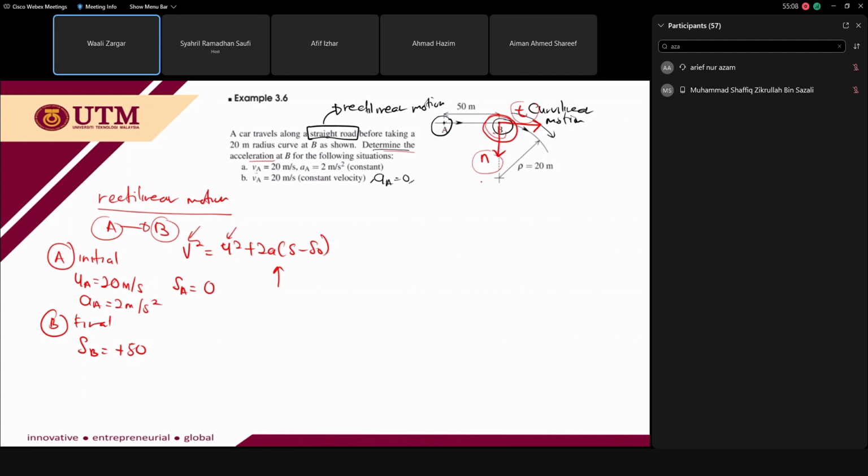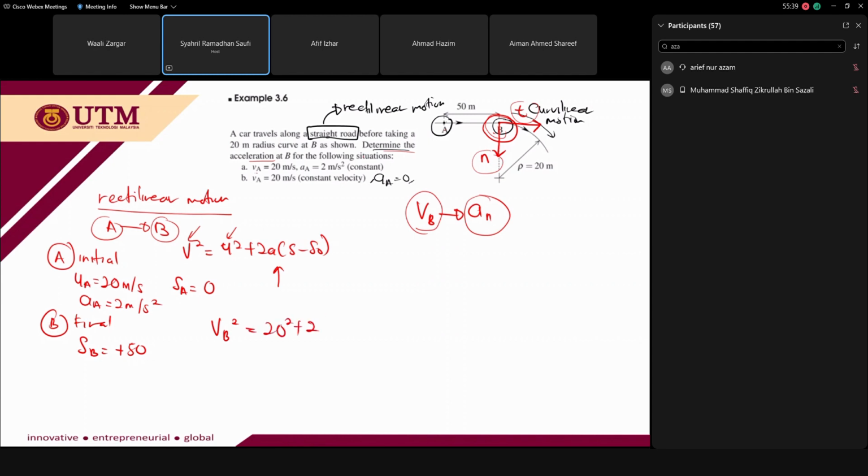Okay. So why do we need to find VB is because we need to use this VB for the acceleration to normal. Okay, because we want to find the acceleration to normal. That's why we need to find this final velocity, from point A to point B. The final velocity is at point B. So VB squared equals 20 squared plus 2,